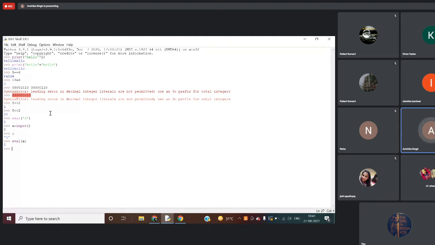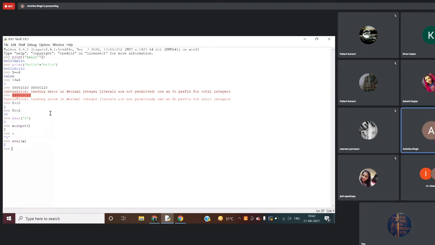We will be using typecasting every time when we do the questions later, making the programs later, and we want to input numbers or floats, anything I want. In that case, I will be using typecasting whenever I am taking the input. I'm just discussing the built-in function, that's why I'm telling you the function eval. But we will be using input typecasting whenever we take numbers. Okay? Yes, ma'am.